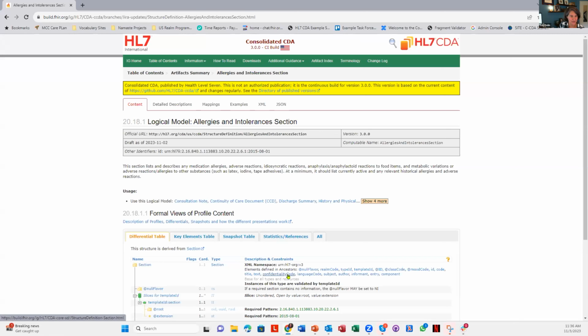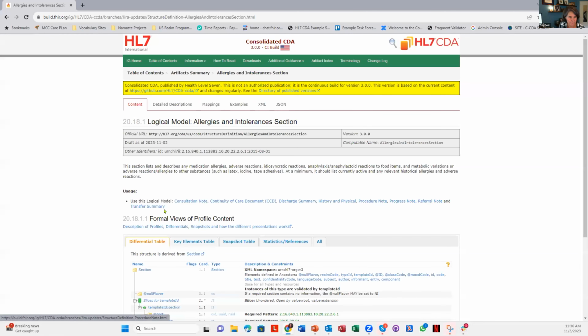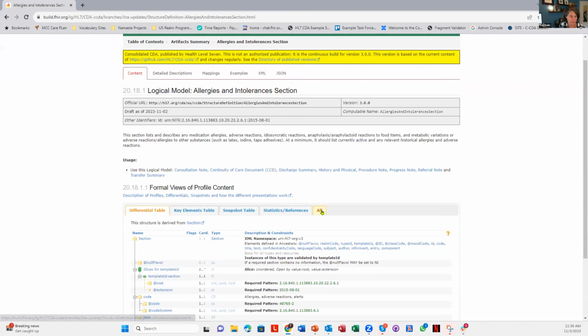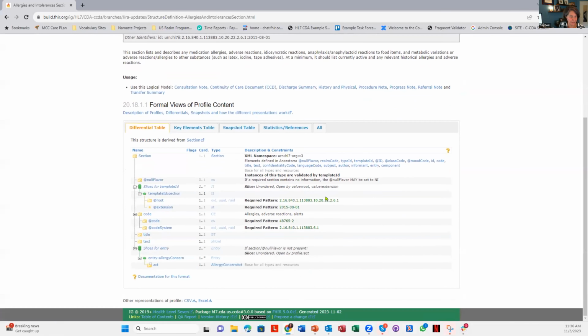Section. And where is allergy intolerance currently used? Again, not that it can't be used in other places, but currently as defined, it's used in the consult note, CCD, discharge summary, history and physical, procedure note, progress note, referral note, and transfer summary. So if we go down and navigate here, you can see that